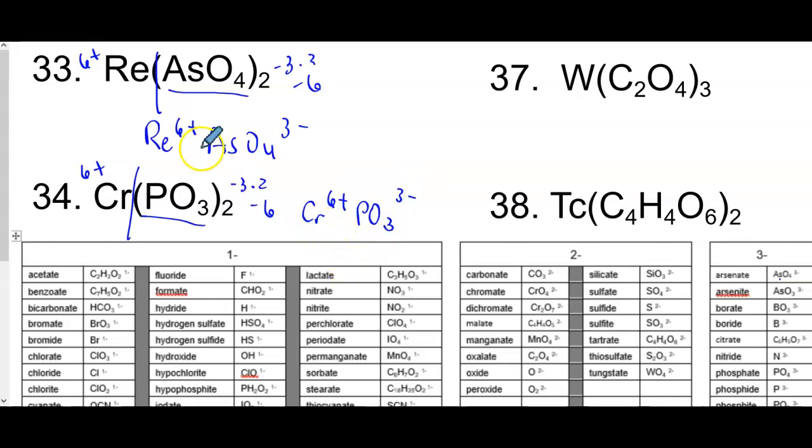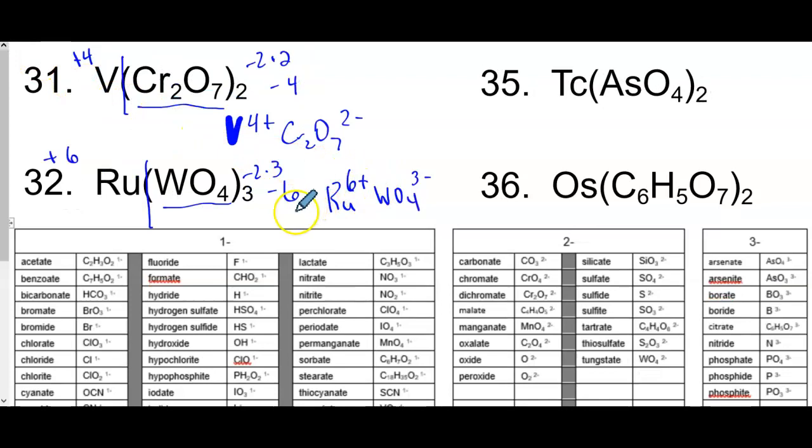Please do 35, 36, 37, and 38. Pause the video, do it on your worksheet, check yourself. Welcome back. So we're going to split this compound here. We're going to look up this unit. We're going to see AsO4 is a minus 3. So minus 3 times 2 is negative 6. This is a plus 6, but there's 1 of them. So it stays a 6. So Tc 6 plus and AsO4